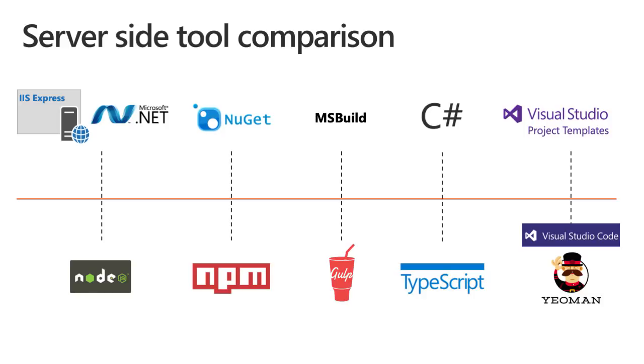So for example here, across the top, we have IIS Express, .NET, NuGet, MS Build, C#, and Visual Studio project templates. This is all what you've been used to using if you've done any ASP.NET development or server-side based web part development with previous versions of SharePoint. The first thing we're going to look at is